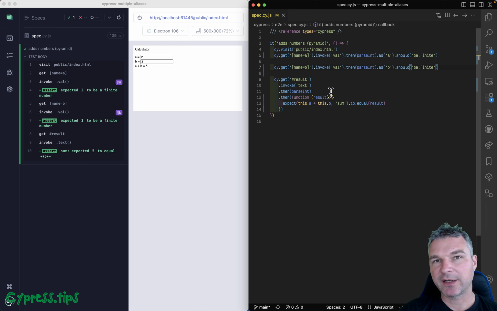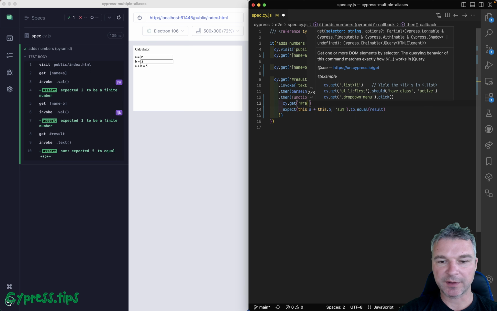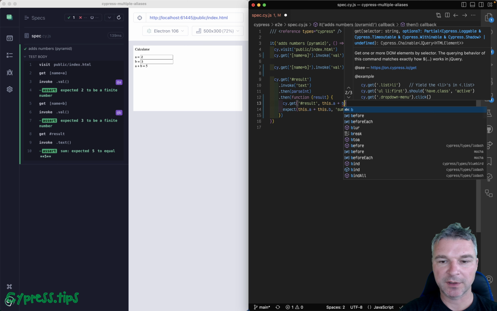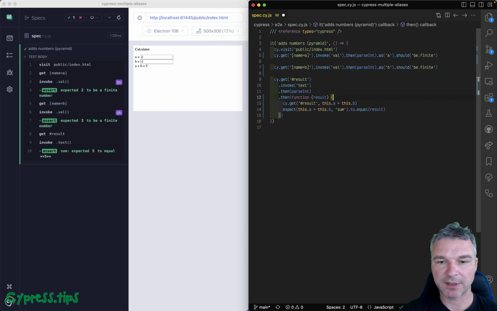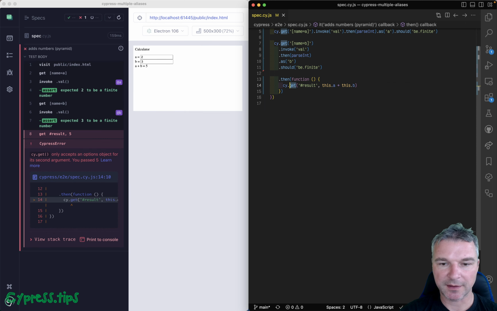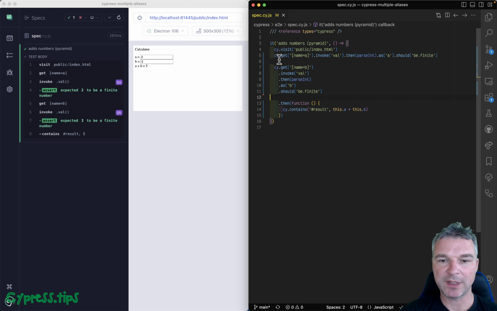You don't have to have an alias. You can say, okay, right here, let's say you can get the result and it contains this.a plus this.b. So in this case you can remove the first part. Remove a result. Actually, not cy.get, cy.contains. So we're getting the values and then we're immediately using those values to find the element and check